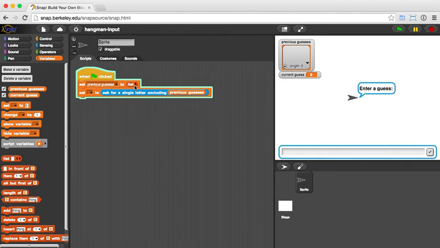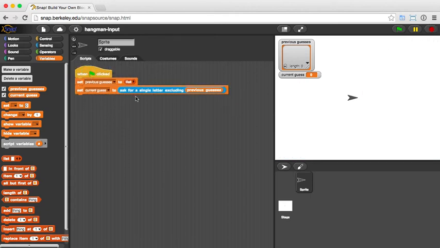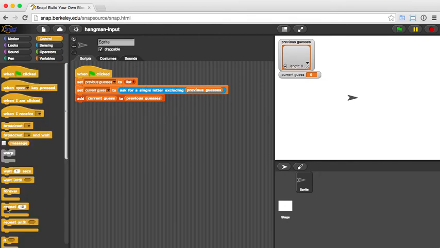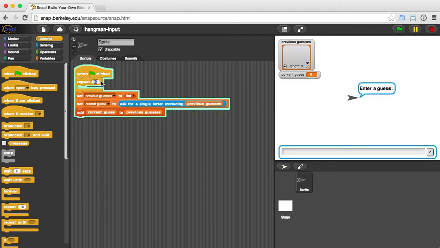So again, we could manually manage this by using this manually created list right here. But I'm going to just demonstrate quickly what would happen in the actual game. Is that you would get current guess, and then you would add the current guess to the previous guesses. And that's where you would manage the previous guesses. And if you had this in a repeat loop, say you gave them five attempts,